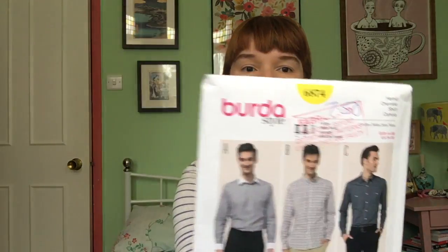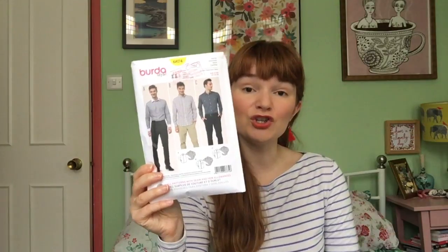And the pattern that we're using, which is our tried and true, I've used it to make his Christmas present shirts. I'll leave a link maybe at the end of this video to my Christmas present makes, and you can see it made up, all finished. I made it in some Liberty lawn and Liberty corduroy for Christmas, but it's this Burda Style 6874. But I actually bought a new copy of this because it was a very slim fit,